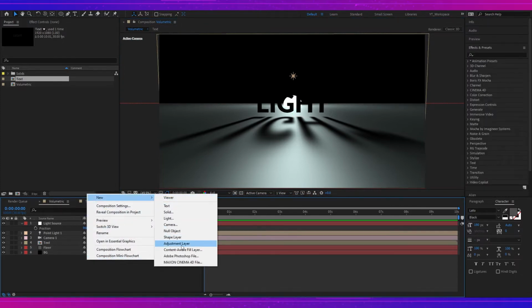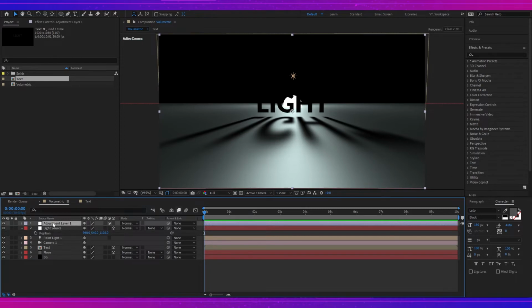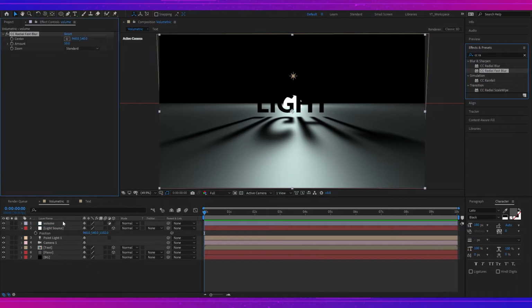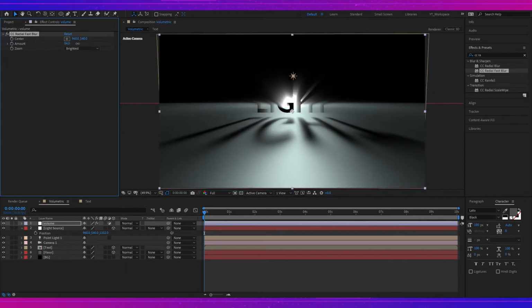Now we are gonna add an adjustment layer. Let's say volume. Okay, now go to effect and presets and search for CC radial fast blur and put it into it. Let's change the zoom to brightest and add amount a little bit higher. Okay, so we got the basic